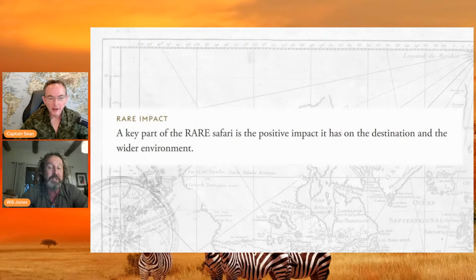So, if you're interested, I think part of the reason that you're let into these areas, and a lot of the reason that I was led into some of the areas that I was led into, is that a key part of this, a quote from your website, is the key part of the rare safari is the positive impact it has on the destination and the wider environment. And something that I've always said to my crew is, no matter where we were, we tried to make the little island that we were on a little better, whether that was a plastic cleanup or whether the natives needed medical supplies or something. It's like, how do we have a positive impact on the environment and the people that are